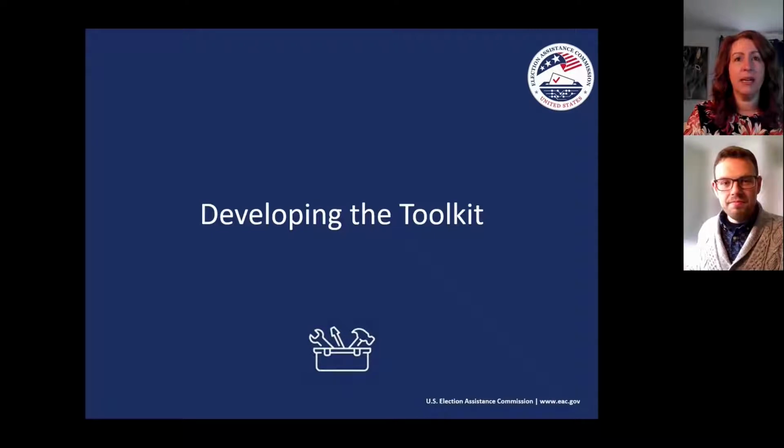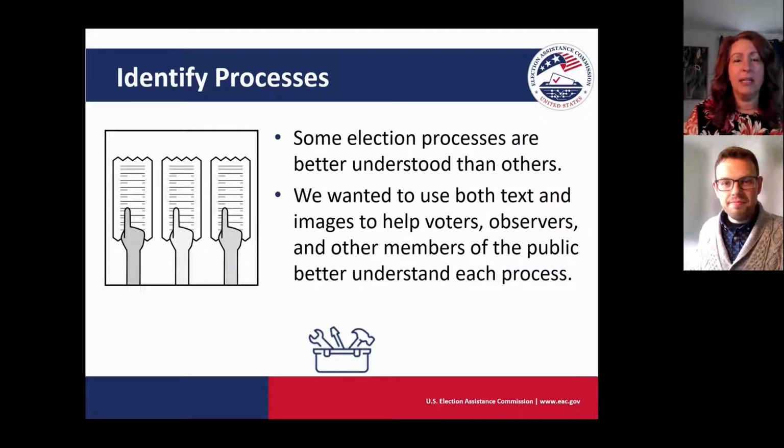Next, we are going to talk about the process of how the toolkit was developed. Some election processes are better understood than others. This toolkit focuses on the activities that needed the most explanation, like ballot collection, canvassing, and certification. We wanted to use both text and images to help voters, observers, and other members of the public better understand